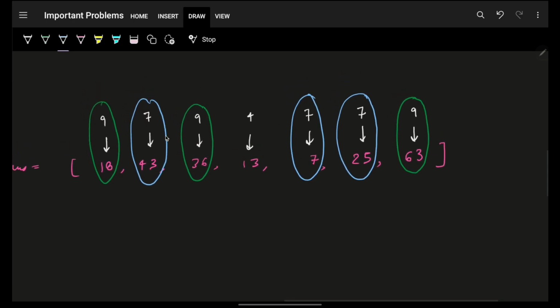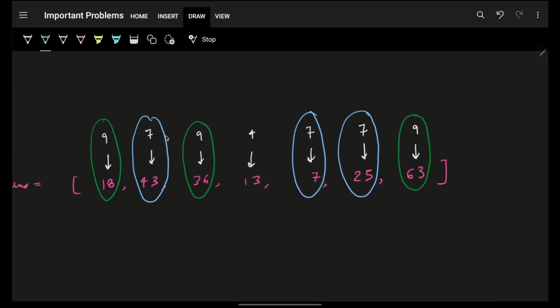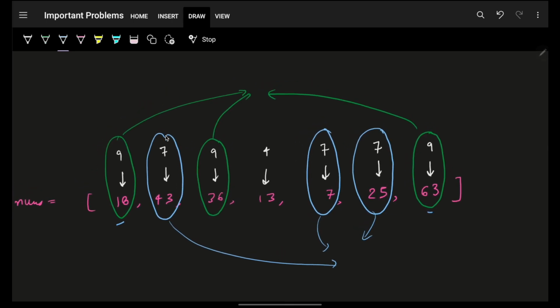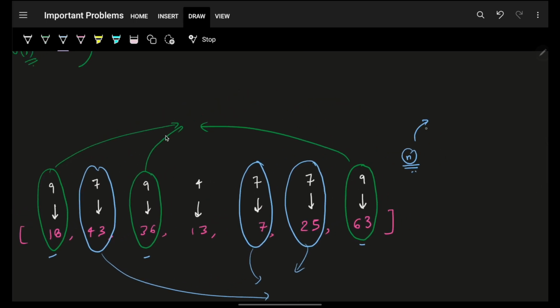Now I know that my answer will be either from this green group, the sum of two numbers, or from this blue group, the sum of two numbers. Now the question is, out of this green group, obviously I can have, let's say, n such elements in the green group. So how will you find out which two elements to choose such that their sum is